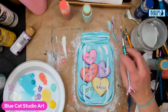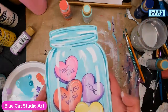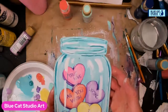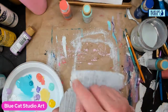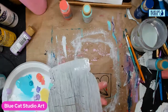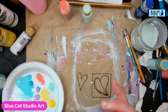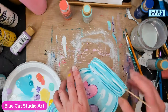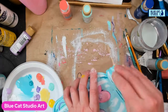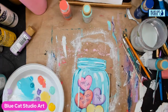So for the most part, most of the sheet music doesn't really show, but if I bring this way up, you can kind of see, I think, a few spots in here where it kind of peeks through. It's a little bit hard to show. All right, and then I've also got the little holes where the rope comes through. So I will take my handy dandy poker sticks and just kind of poke through. I might have pulled that up the wrong way. All right, and then I'm going to come back and you really want to focus that hole punching from this side, but because I couldn't find them the other way. Then my rope or my string,